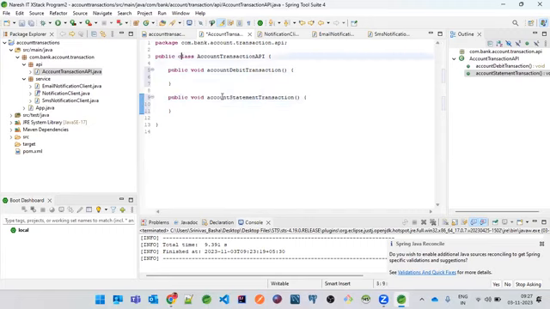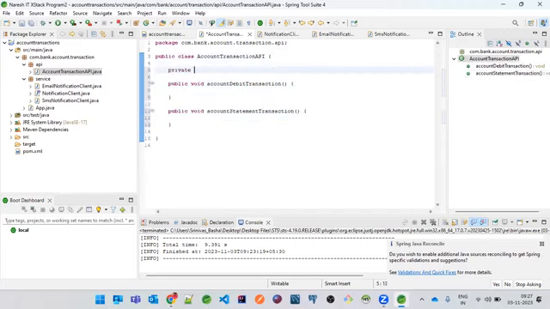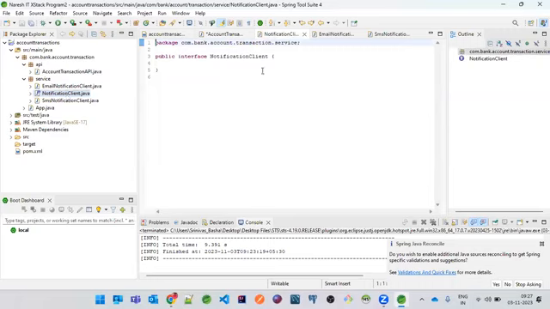Okay. So here I just wanted to take the dependency of, let's go to this interface and add one method, public void send transaction details, or we can actually send the notification. That's it, very simple. Now I just wanted to go to this email client and I just wanted to implement